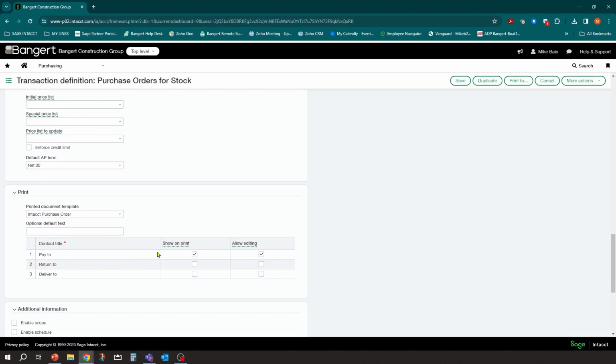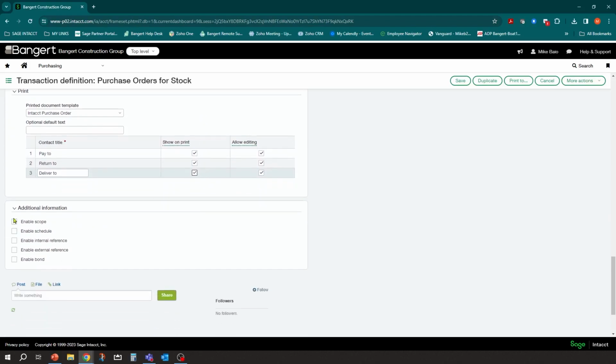And then what is important is this allow editing. So deliver to, return to, but most importantly, deliver to. You always want to make sure, especially on your purchase orders, especially if you have tax, that you have the allow edit buttons checked off here so that during the entry of this PO, you can change where it's delivered to. And so what I like to do is turn these all on just to have them available if I need them. For printing and editing, it doesn't mean you have to. It just gives you more capabilities as you go through here.